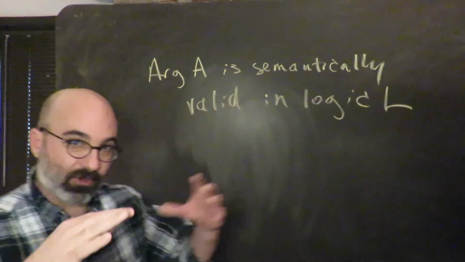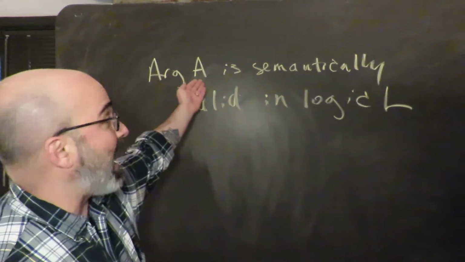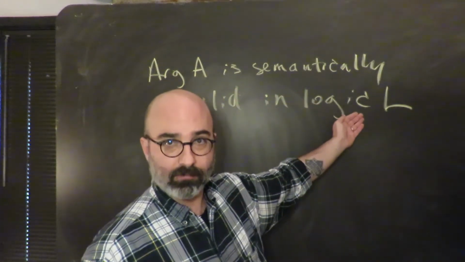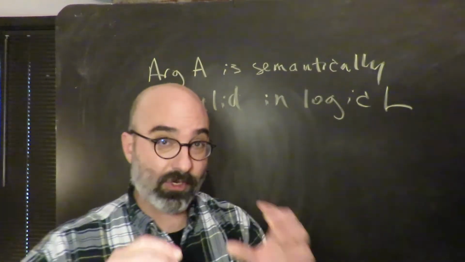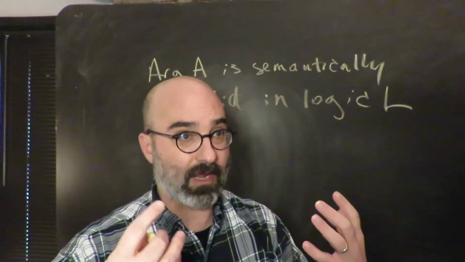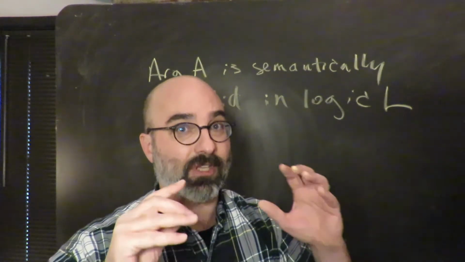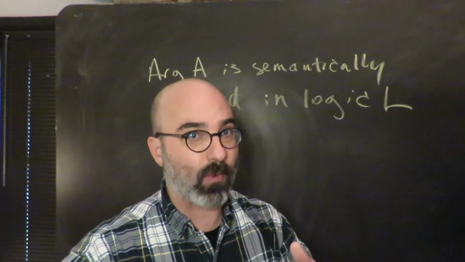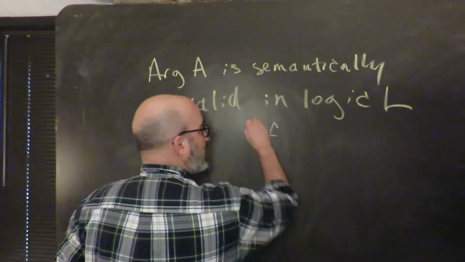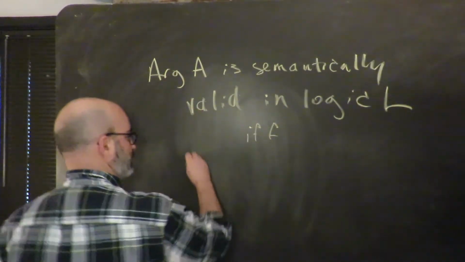Let's start with the first half of this. An argument A is semantically valid in a logic L. So the first thing to note is that the explanations are going to be indexed to logics, because the way that we start off in the logics is explaining the meanings of those terms around which we reason. If and only if, because that's how definitions are done, if and only if,